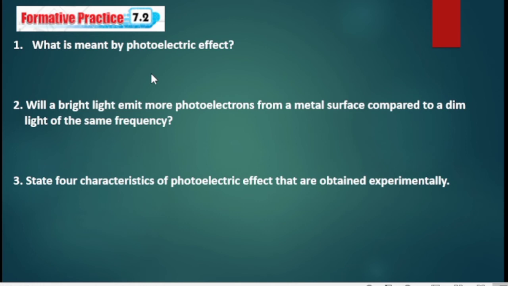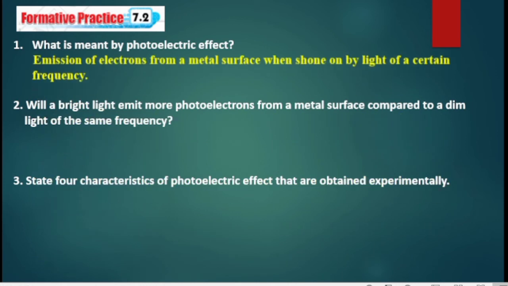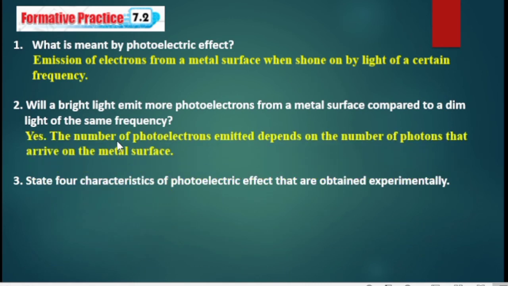Formative practice 7.2. Number 1. What is meant by the photoelectric effect? Emission of electrons from a metal surface when shone on by light of a certain frequency. Number 2. Will a bright light emit more photoelectrons from a metal surface compared to a dim light of the same frequency? Yes, the number of photoelectrons emitted depends on the number of photons that arrive on the metal surface, meaning the intensity